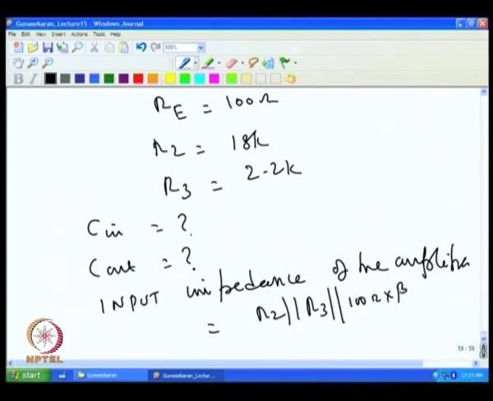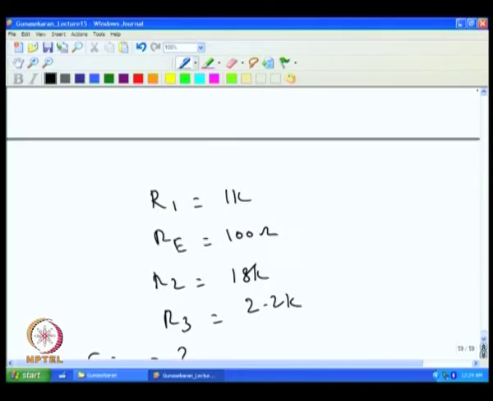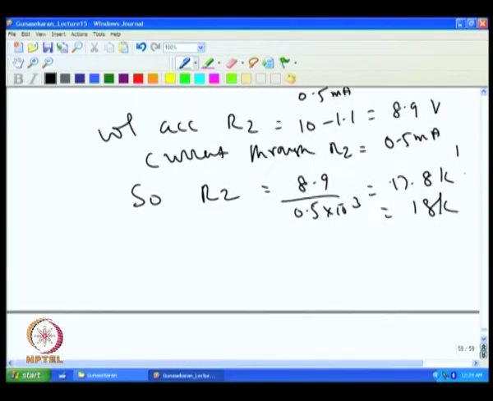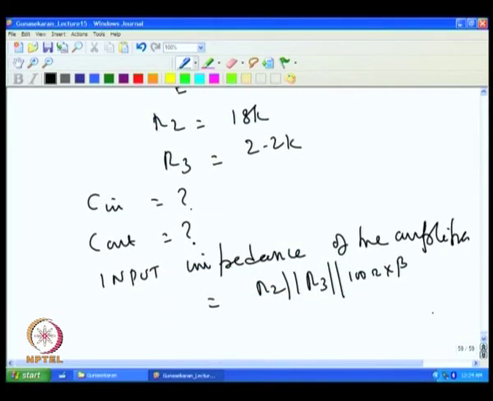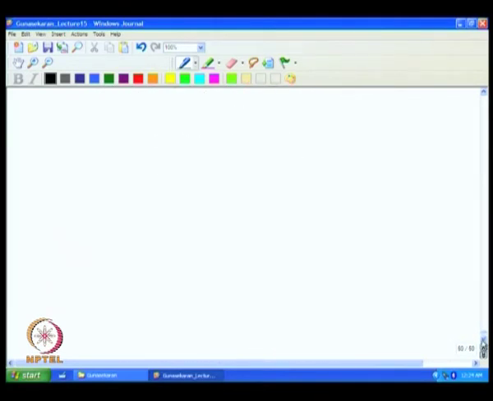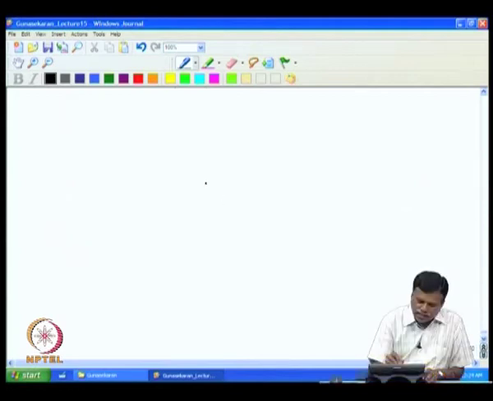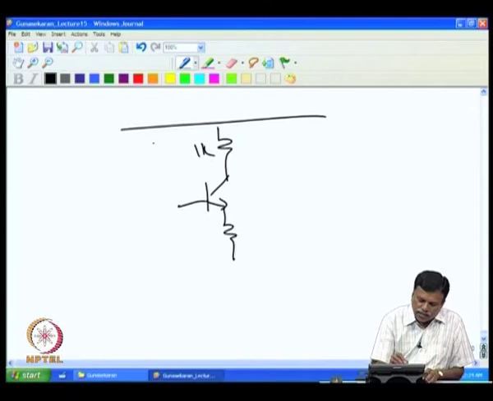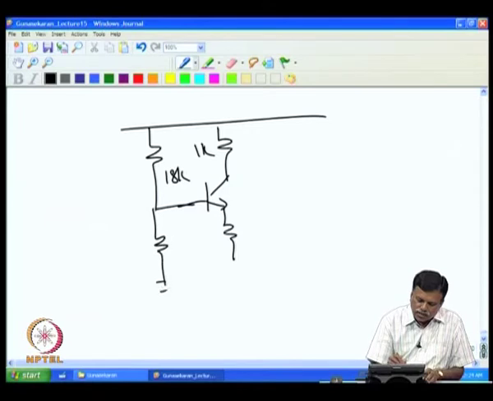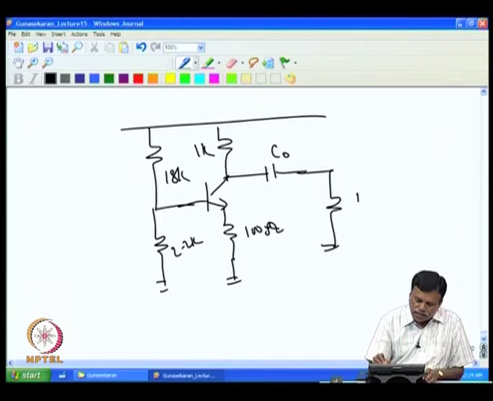multiplied by beta, that is also coming in, because if you look at the amplifier, I will redraw the amplifier here. So, if you look at the amplifier again, we have here 1 K and then this is taken as 18 K and this is taken as 2.2 K, this 100 ohms, and then we have to find this C out and this is 10 K,